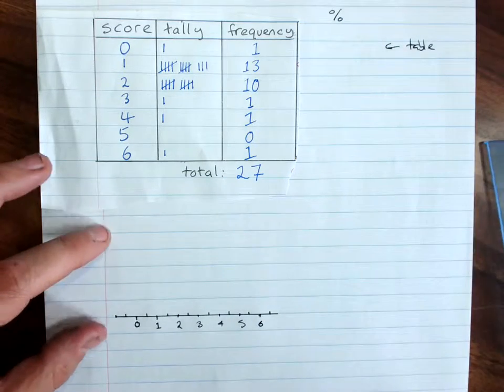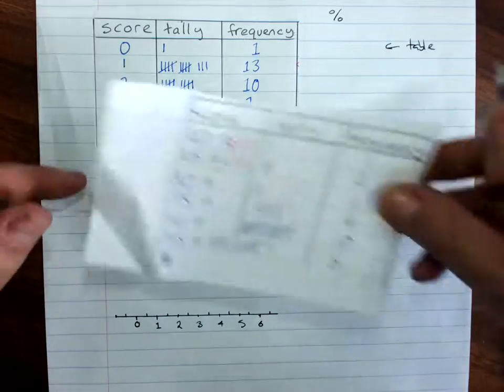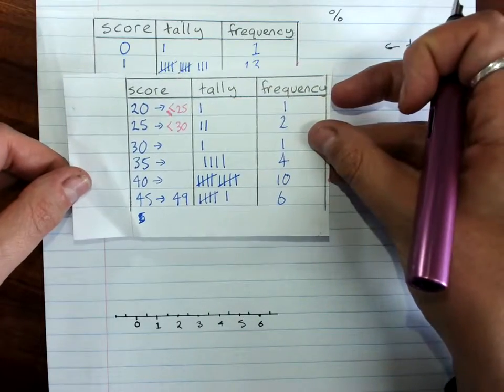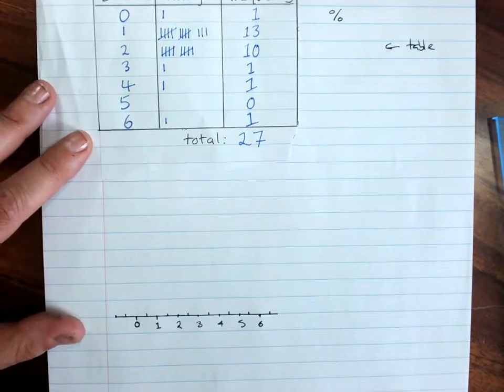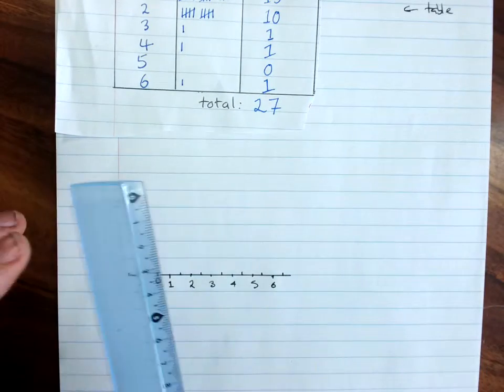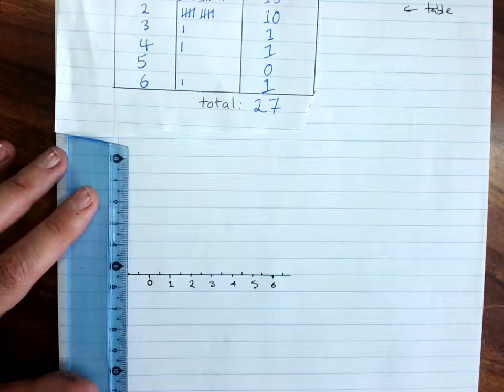If you were instead doing a frequency table with grouped data, such as this one, our test marks, then the labels go on the outside of the column, and I'll show you that later. So my highest frequency is 13,